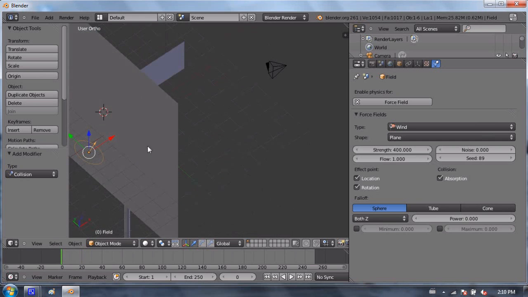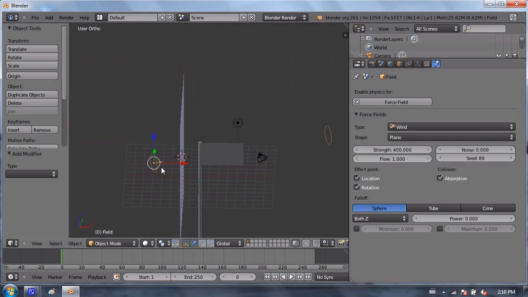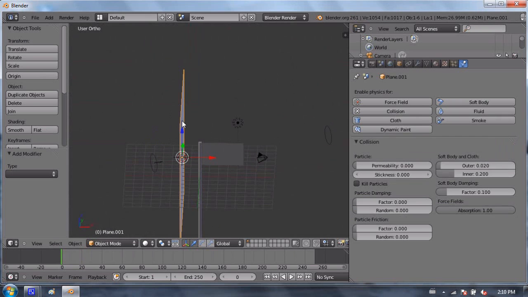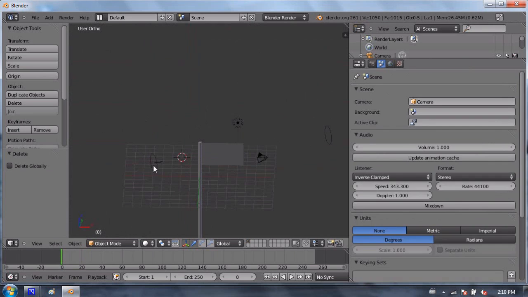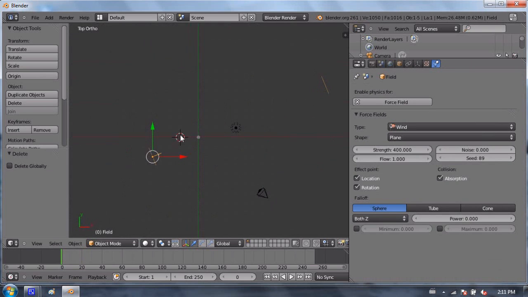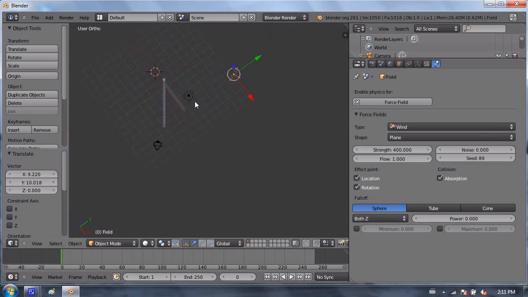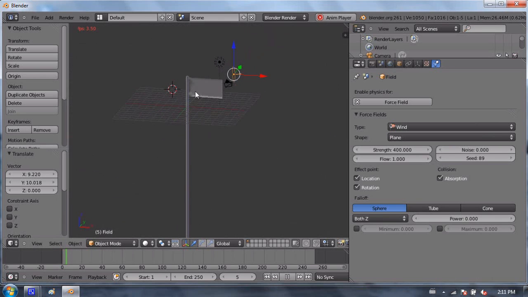One more thing about wind, it does look a little bit funny. Even though you'd think that because I placed that wind directly in the path of the flag, that is what made the flag flutter, that is not the case. I can actually put that wind anywhere in my scene, and it'll blow wind in my scene along that entire direction as much as it is needed. So even though the wind is not anywhere near the flag anymore, if I press Alt-A, the flag will still get blown in the wind, even though the wind is not pointing at it. It's even past the flag.